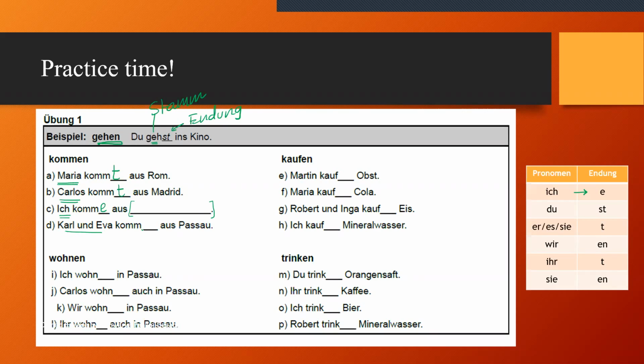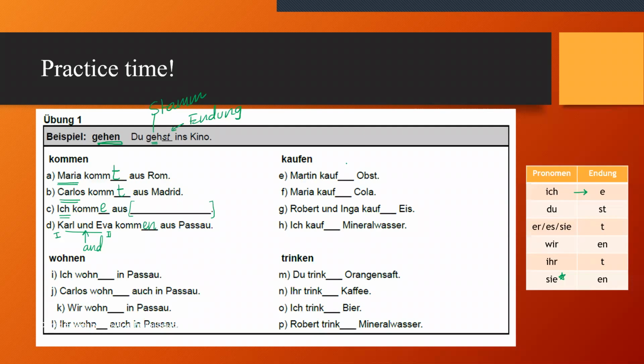Karl und Eva kommen. Ma'am, now this en. Yes, en. Yeah, because this und is and even if you don't know what the und is, you can see that this is name of one guy and this is name of one girl. So clearly it's not one person. At the same time, it's not you or I either. Therefore, they will be together, the third person plural, sie. Okay, ma'am. All right, then next.